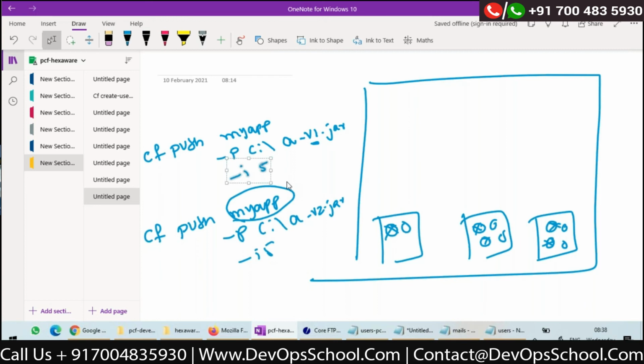So if I want to implement this strategy for achieving zero downtime, suppose I want to push applications up to 50 GB, I should have a 100 GB quota. Otherwise, I cannot implement this strategy. That is one problem with